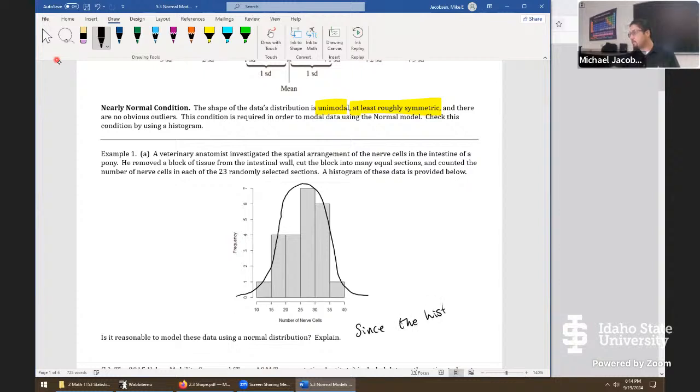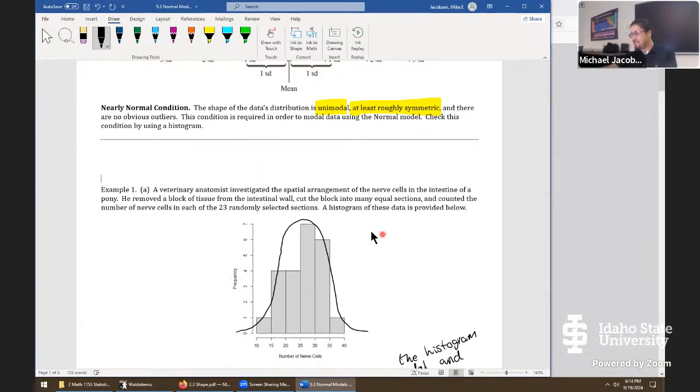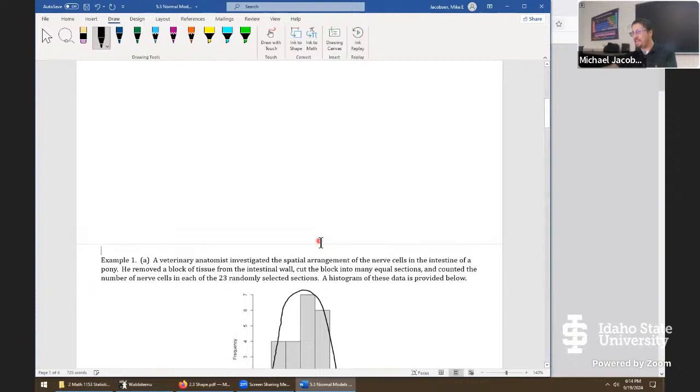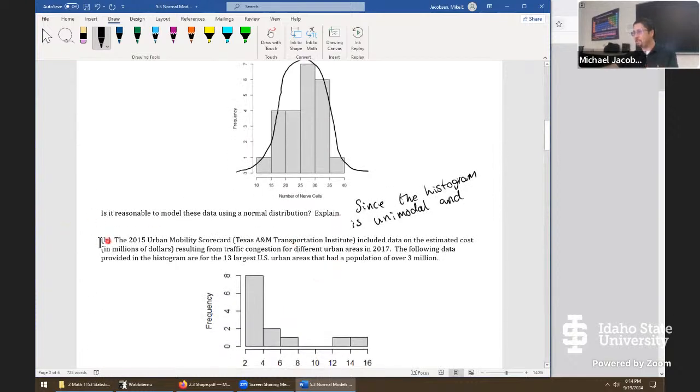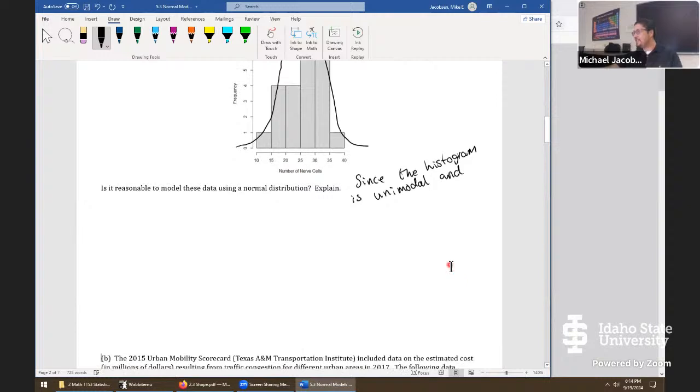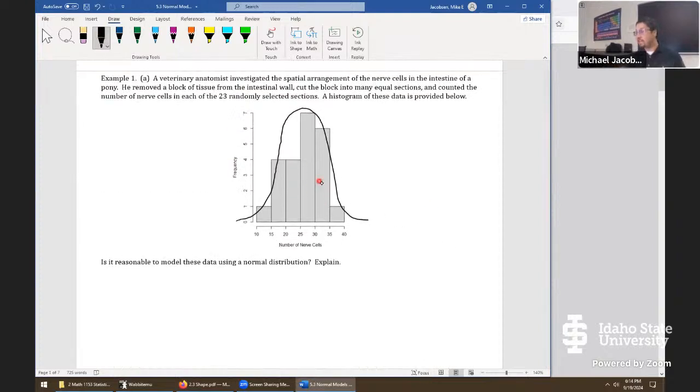the histogram is unimodal, and let me see if I can get more space. I always feel I can put it in this one spot, but then when you do it in class, you realize there's not enough space for these things. Let me just see if I can make this a little bit nicer on the notes without trying to cram it in. So back to the histogram, we can say, since the histogram